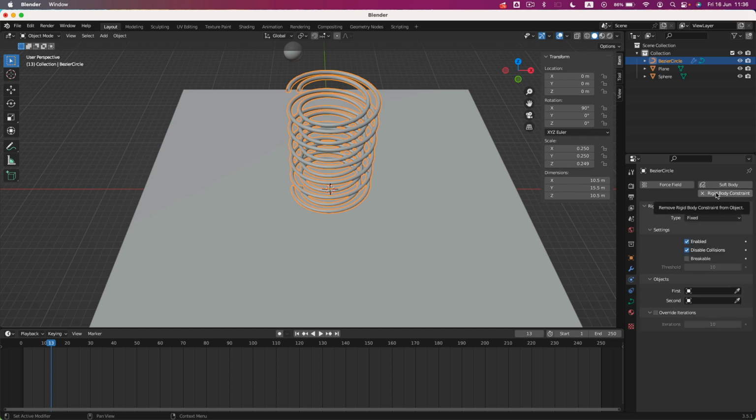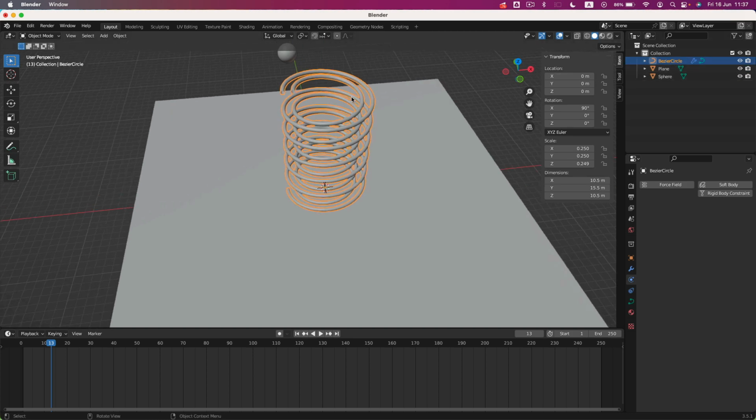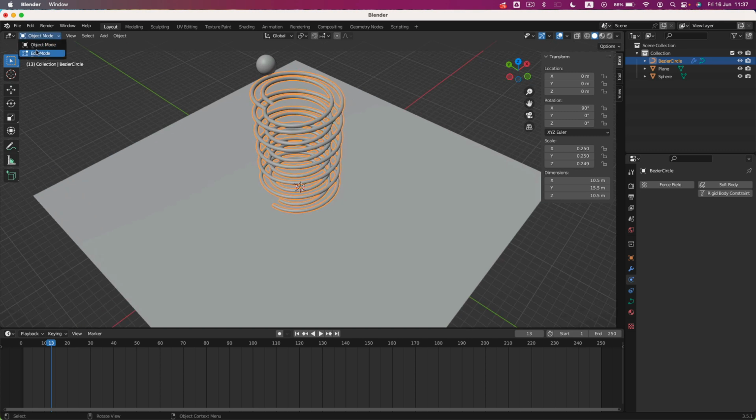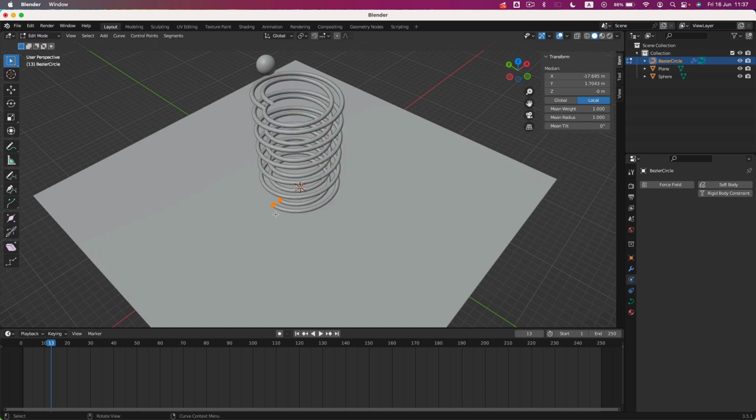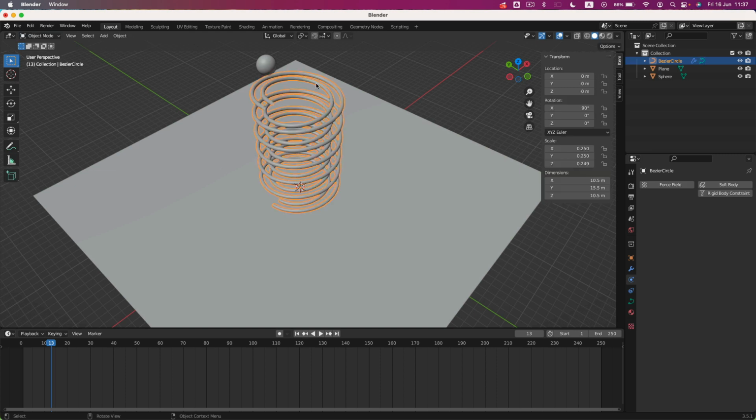Rigid body, type fixed. So this doesn't look the same, yes? And that's because this is actually a Bezier circle. It's not a mesh. If we have a look in edit mode, we've only got these two points, the original circles that we started with. So we need to turn this into a different type of object, one where we can put physics onto it. So select your Bezier circle,